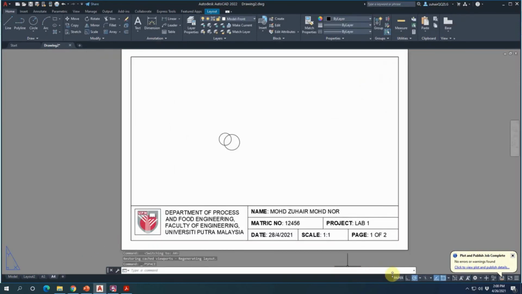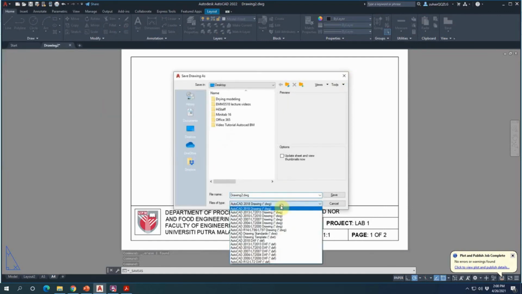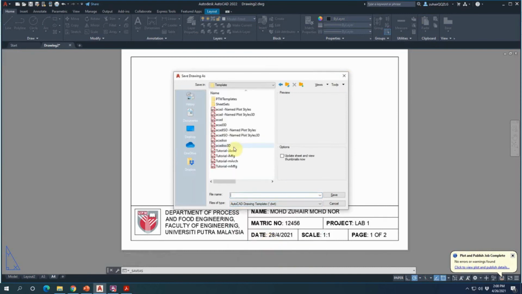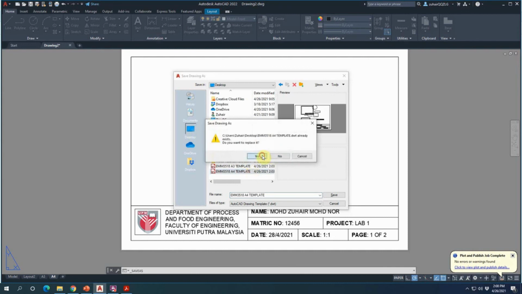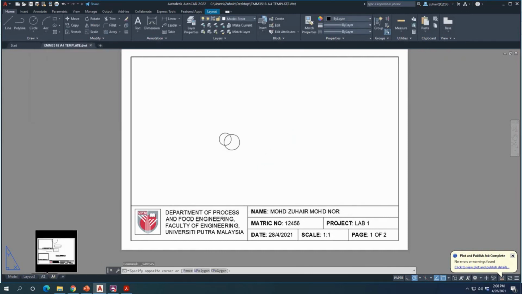Go to paper space, delete. Okay, after you delete this, then you can save this as template. If you haven't saved it, just save it as template. Change this A4. I just want to change. Yes, want to replace this. Okay, A3. I want to change this